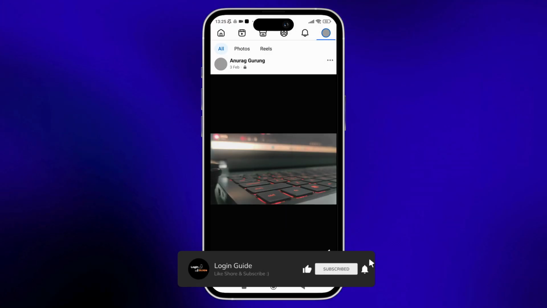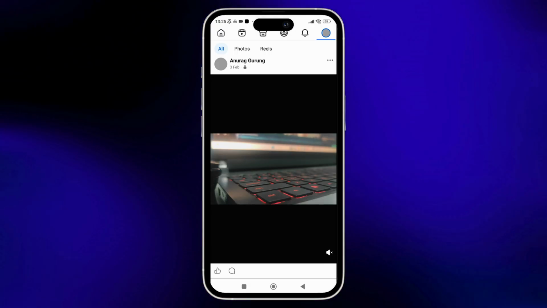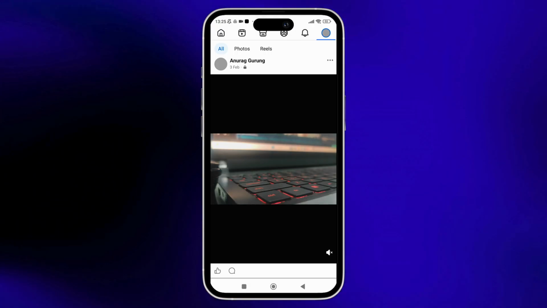While you can download your own videos from the Facebook app, you can't download the videos from other creators from the